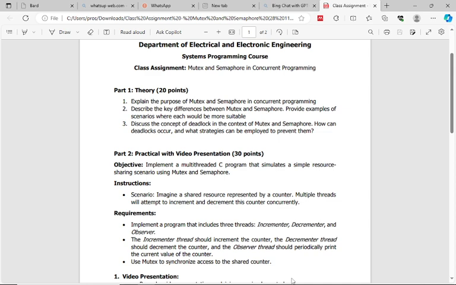So the instructions: we are told to imagine a shared resource represented by a counter, multiple threads, and so on. I'm not reading it to the lecturer, he knows what he said for us. For the requirements, we are told to implement a program that includes 3 threads: incrementer, decrementer, and the observer. The incrementer thread should, and so on. So to start with,